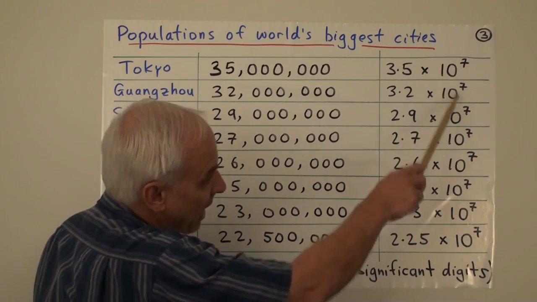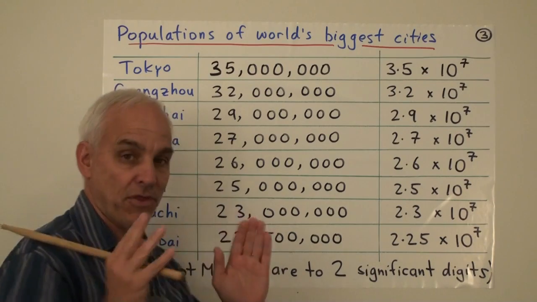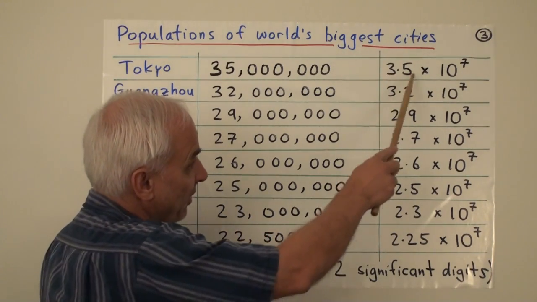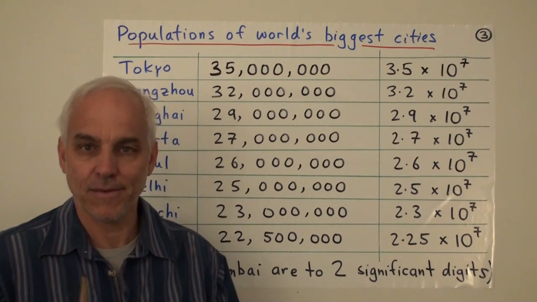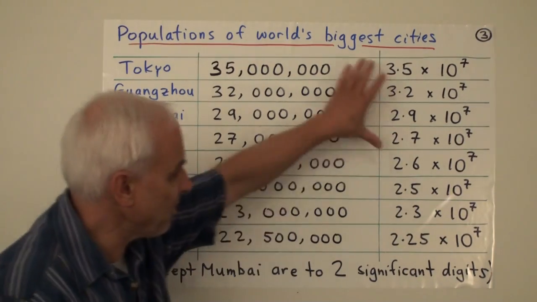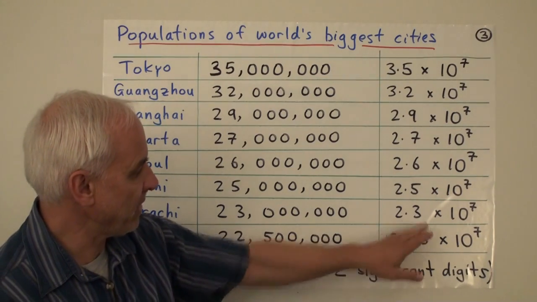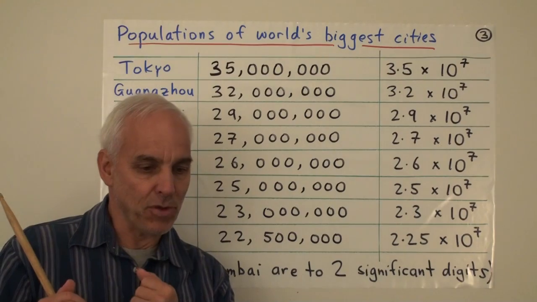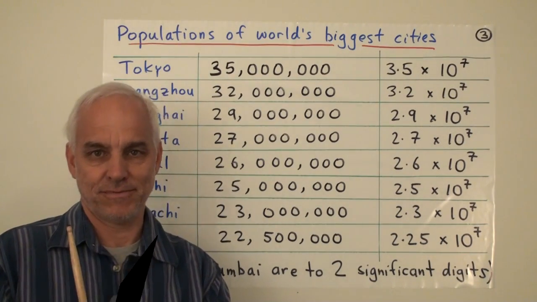And notice how the scientific notation very quickly allows us to compare these values. They're all having exponent 7. The power is all 10 to the 7. So we know that they're roughly about the same size. And the only thing that's distinguishing them is these various parts here, and it's relatively easy to see which ones are bigger and smaller. There's a very convenient way of expressing this information that also contains some information about the amount of precision that we're using to obtain the numbers.